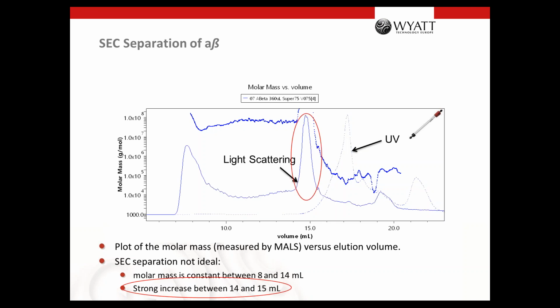And when we now look at the second detector, the light scattering detector, then we see we have the main peak in light scattering. That means a lot of aggregates elute here, or very high molar mass aggregates. And they are so high in molar mass that with this very tiny UV spectrum, we cannot measure molar mass here at all. So it just looks very strange.